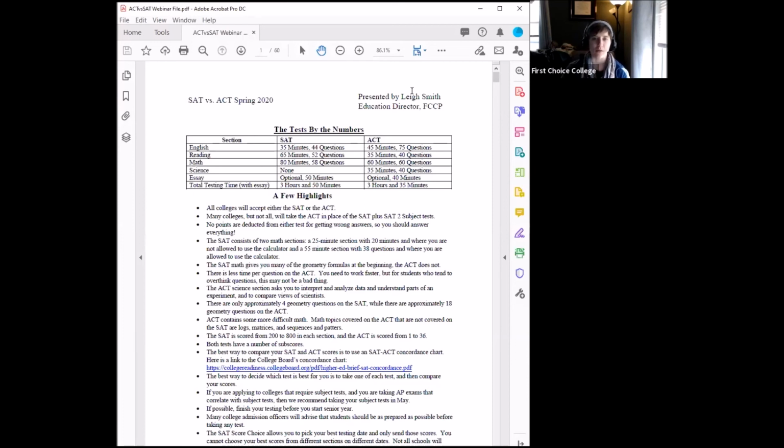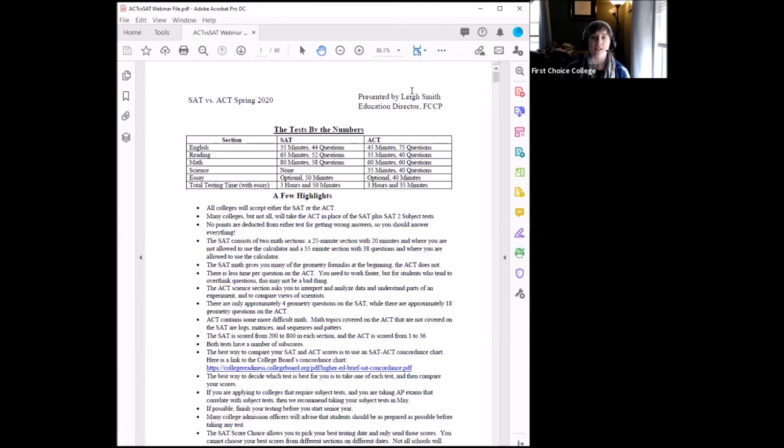So back when the SAT was out of 2,400 points, when you gained a point for a right answer and lost a quarter of a point for a wrong answer, with that testing method, there were a lot of things about the ACT that meant a lot of students found it much more intuitive and did a lot better on it. However, College Board completely rewrote the test in 2016. It's a whole different test. Anyone who took the test pre-2016 wouldn't recognize the current SAT.